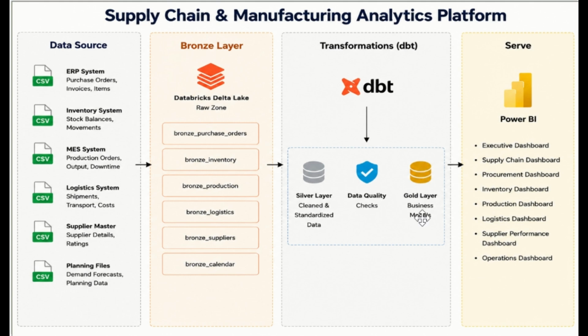From the silver layer we shall now build another layer called gold. Gold contains the business data that is ready for analytics. That means we shall build what we call the dimensional model, where we identify the primary key and foreign key of each table, the fact tables and the dimension tables, and then we come up with the dimensional models. And from this is where we can take the data from the gold layer